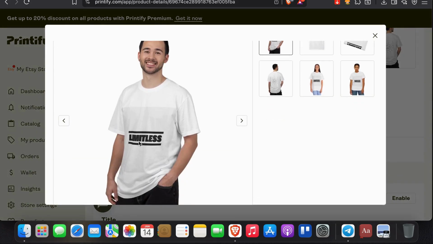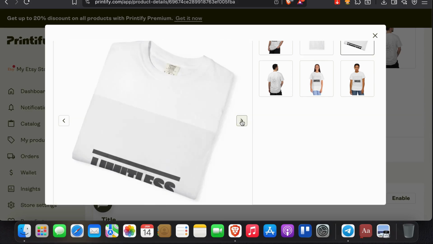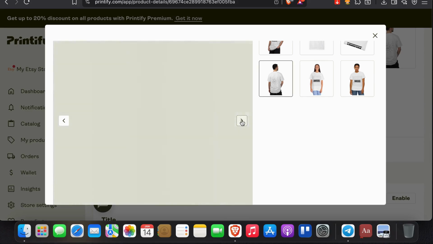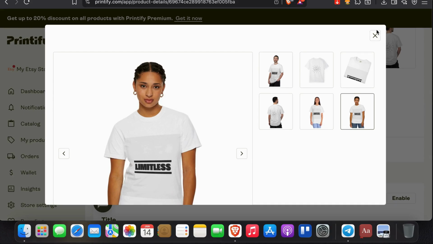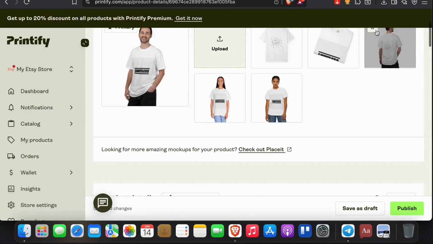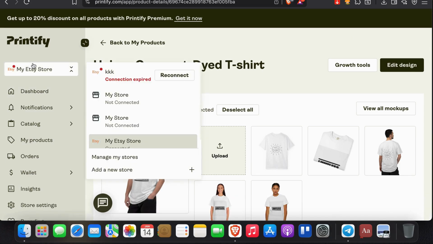So click the photo, and as you can see, limitless behind, multiple areas, different places in alignment. Okay, so yeah, if you haven't connected your Printify to Etsy, what you gotta do,